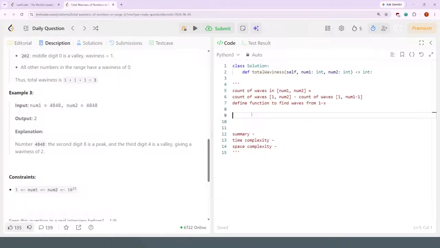So if I think about all, let's say, two-digit numbers, what is the count of waves for all two-digit numbers? Okay, actually it's 0, right? Because you can't actually have a wave with 2 digits. Let's say 3-digit numbers. So if you start with 1,